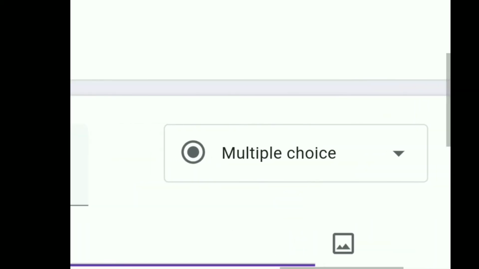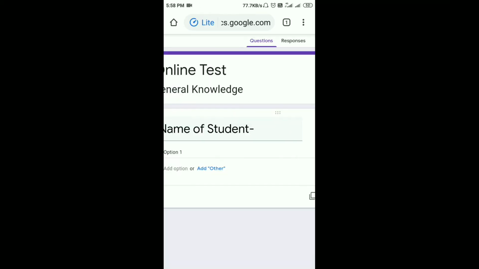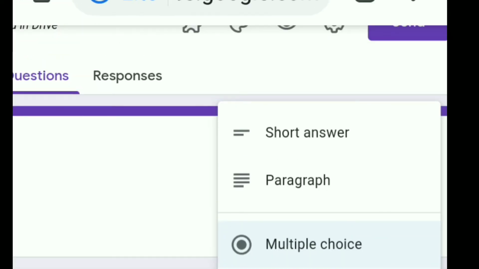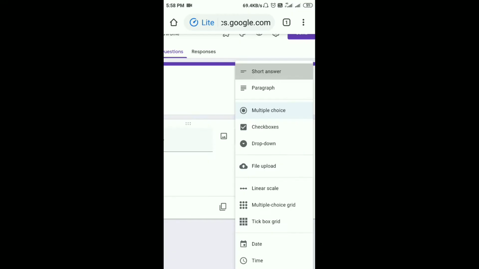What should be the option? This is not a multiple choice question, this is a short answer. That's why you must click short answer.